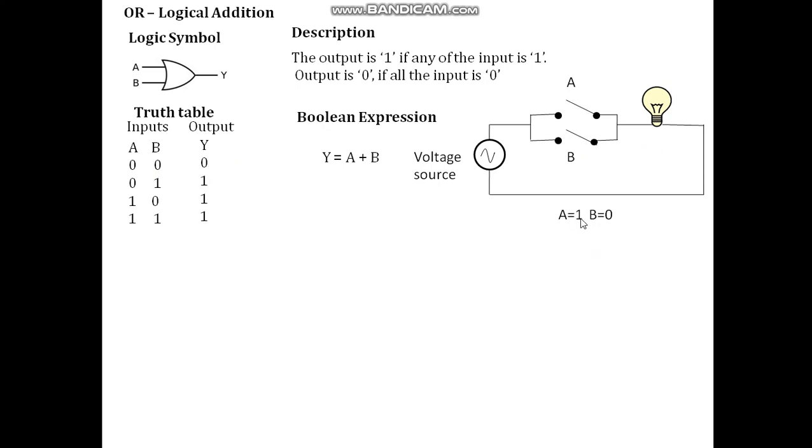The next condition, A equal to 1, B equal to 0. A1, so the first switch is closed, and B0, the second switch is open. Now look at this, there is a closed path through this A switch, right? So definitely the bulb will glow. We get output, right? So we get output if one of the switches is closed, that is, if one of the inputs is high, right? So next condition, A0 B1. The first switch is open and the second switch is closed. Now also